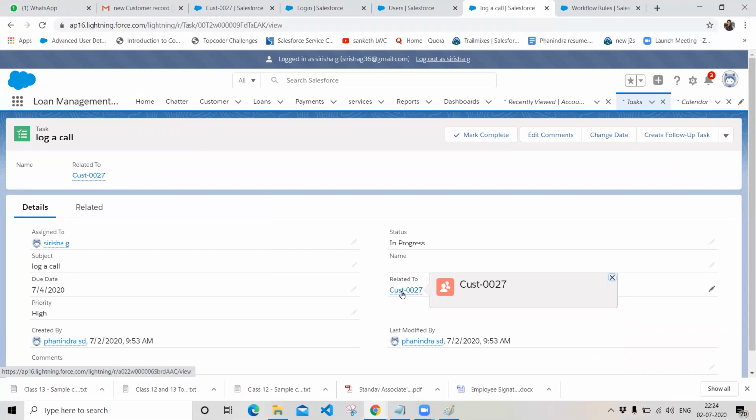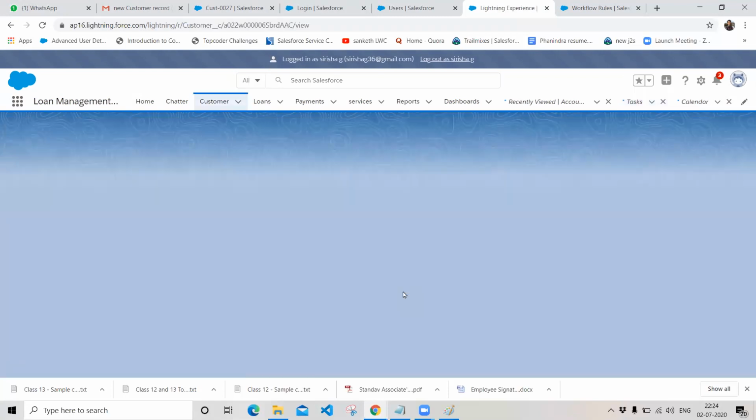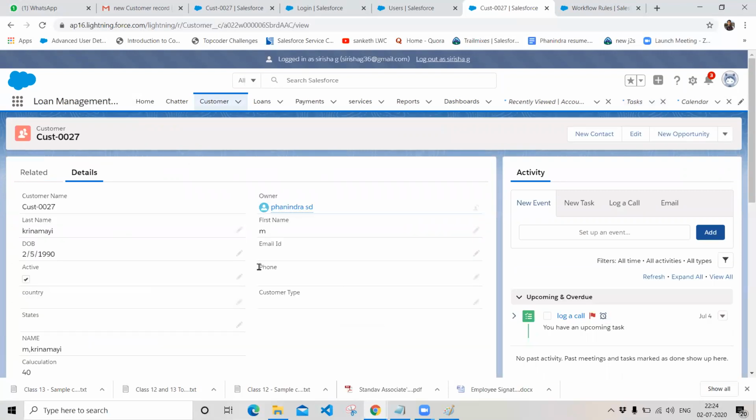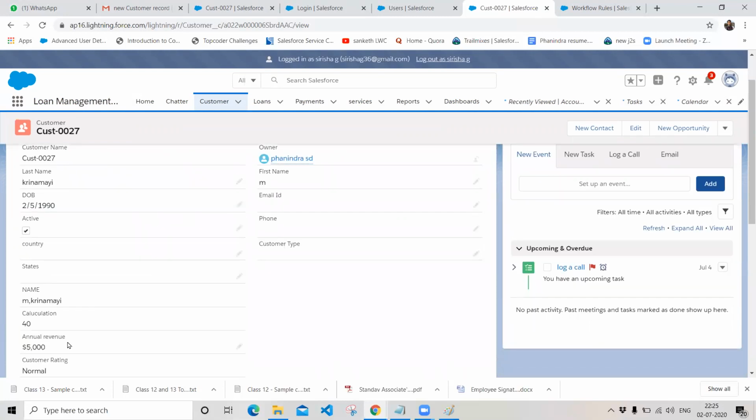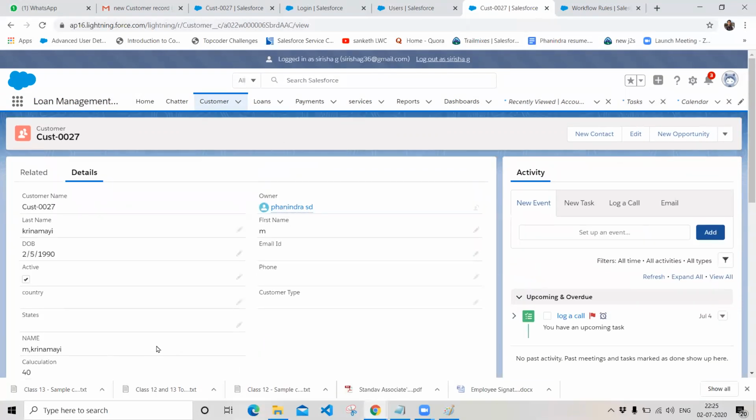If you click on this link over here, like customer 00227, it will automatically redirect you to the customer record. So the customer record has been created and it assigned me a task to log a call, and the name of the customer is Kiran Mai, and the annual revenue is 5000, so that I should get the details from the corresponding person.